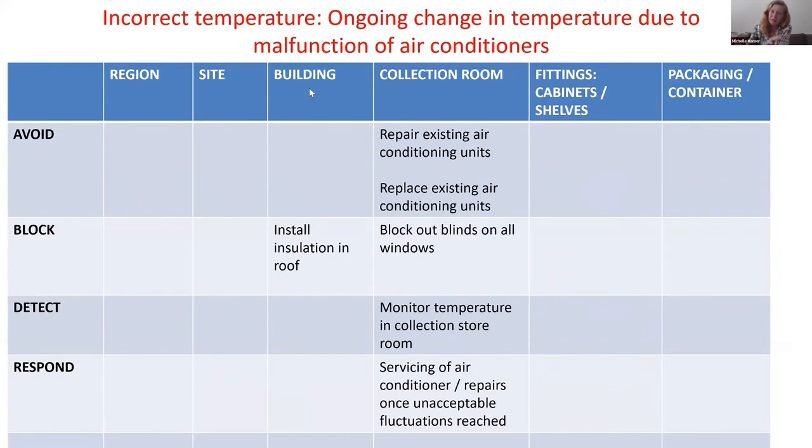Then there's the same table, and you do it for another one of your risks. And so this is the risk about the incorrect temperature because of my air conditioners that are always breaking, and then I'll wait 3 months for someone to come service them, and they fix them, and within a month they're broken again. So what can I do? And here you can see there's nothing you can do at the level of the containers of the specimens. There's nothing you can do at the level of the cabinets or shelves. I mean, maybe putting them into cupboards would help a bit, but